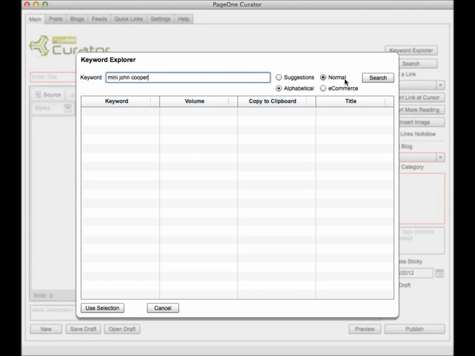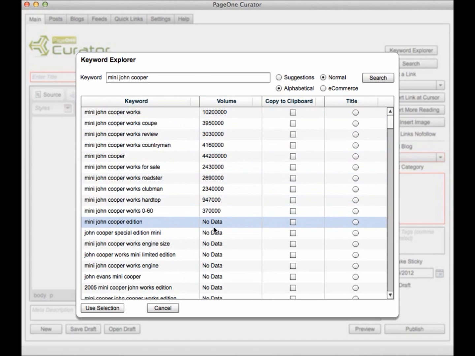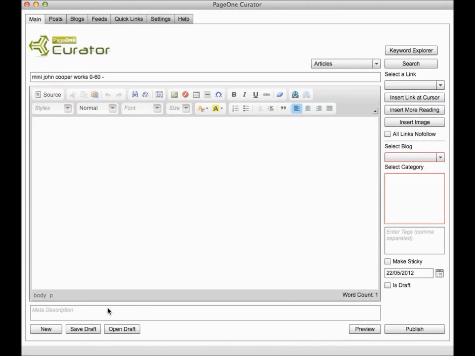And you can also ask it to search over Google or Amazon to find more buyer orientated words. And all you do is type in your keyword there and click on search, and straight away all your keywords come back with different volume parameters. And so what you can do then is just click on the one you want to use as the title, and perhaps a couple of other keywords that you might want to include within your post, so that you have everything ready for you as you're curating. So once you've done that, you click on Use Selection, and you can see straight away that the title has already gone in